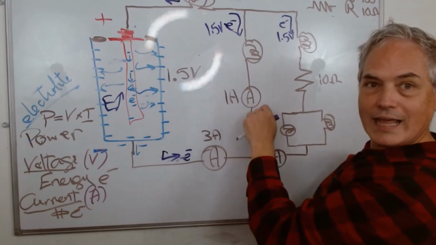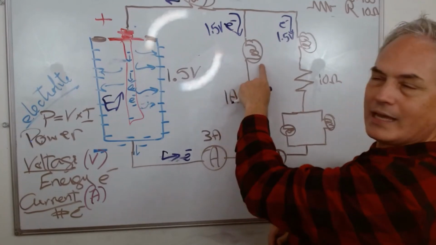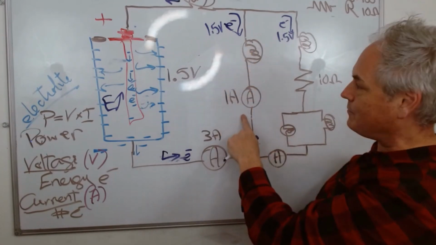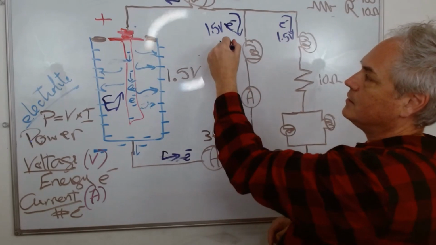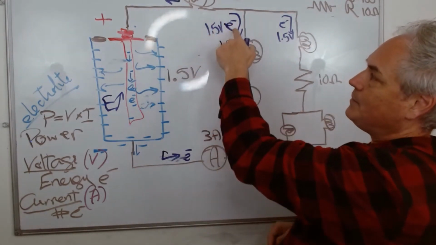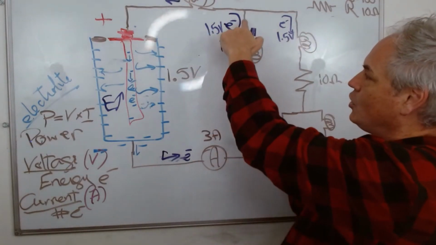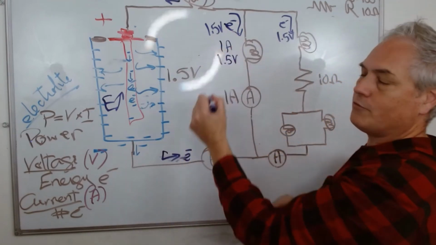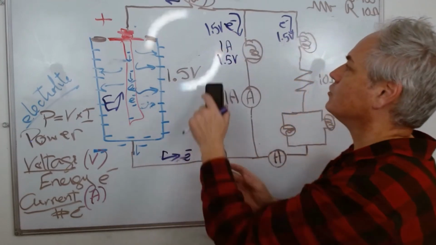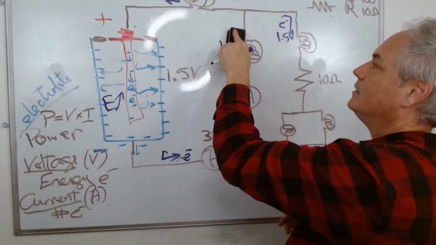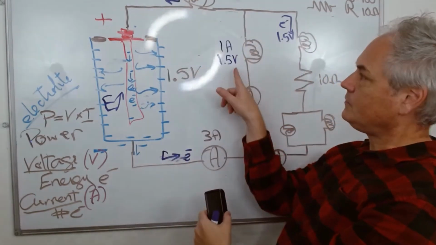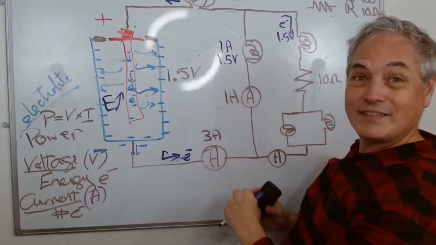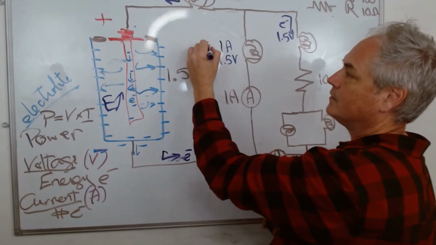So here I have an ammeter that says 1 amp, and I have a bulb. If 1 amp is going through here, this bulb has 1 amp, and because electrons are going in, we have only one load. That means that it's 1.5 volt like this. So that's a good thing. So here I can now erase that. This is one piece of information I have. The only one I'm missing